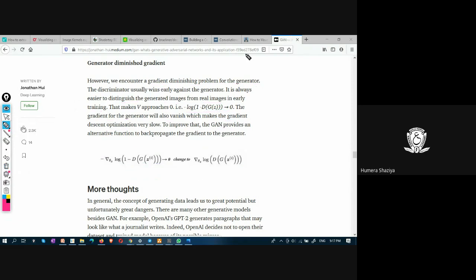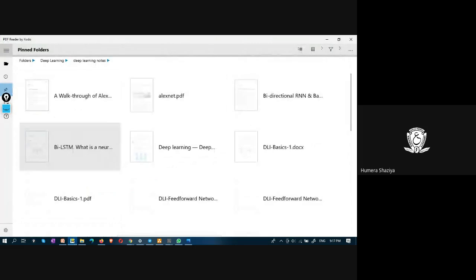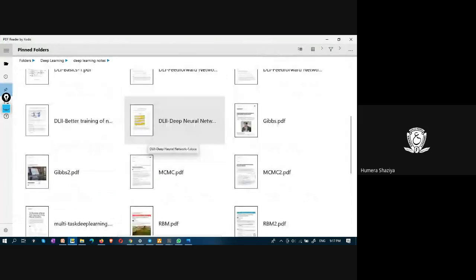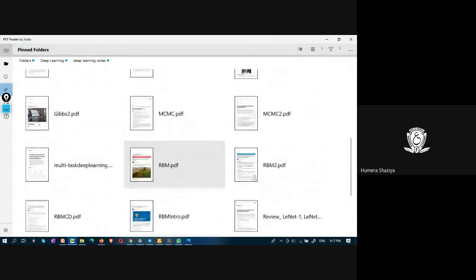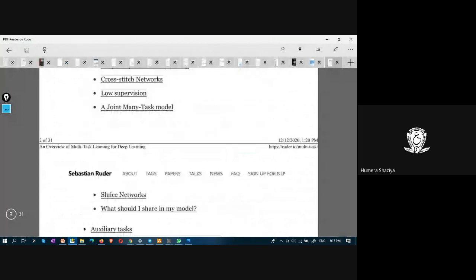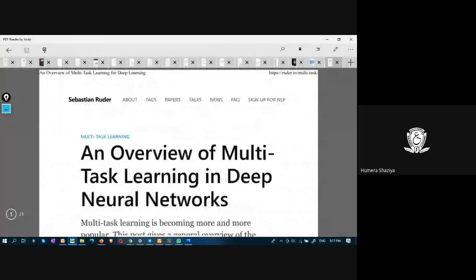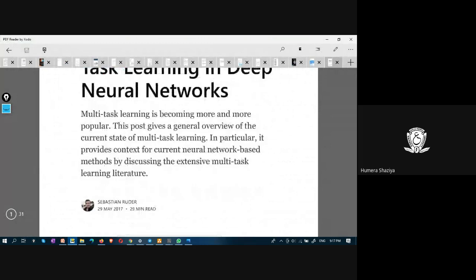The next topic is multitask deep learning. This is an article on multitask learning in deep neural networks. What is multitask learning?